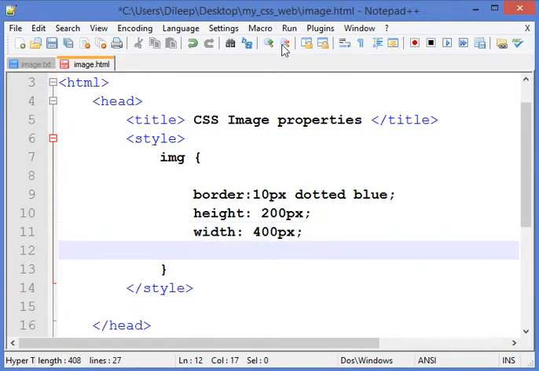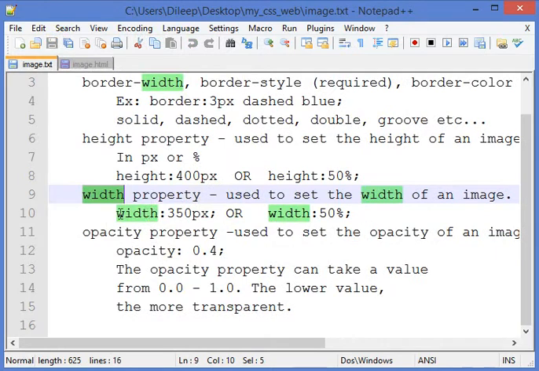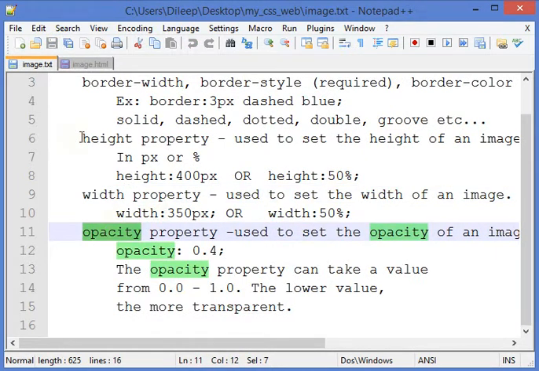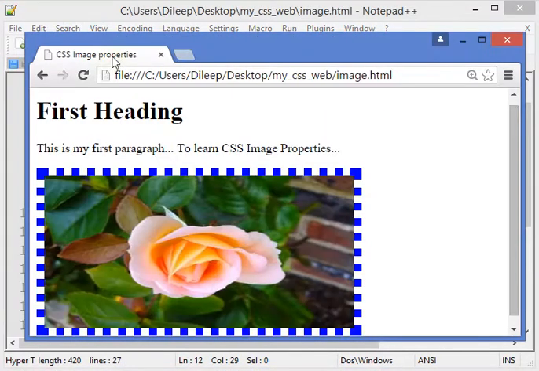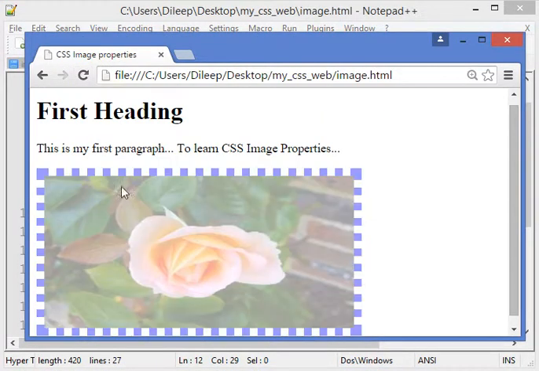Okay, now another property is opacity. Opacity is basically used to set the transparency of the image. We simply use opacity, and the lesser the value, the more transparent the image. Suppose I want to set 0.4, and see, if I refresh, the image becomes transparent.